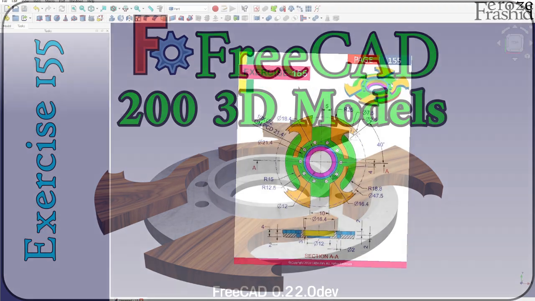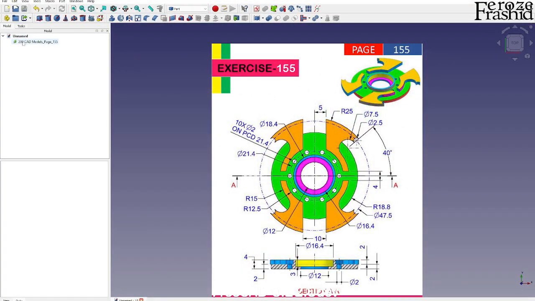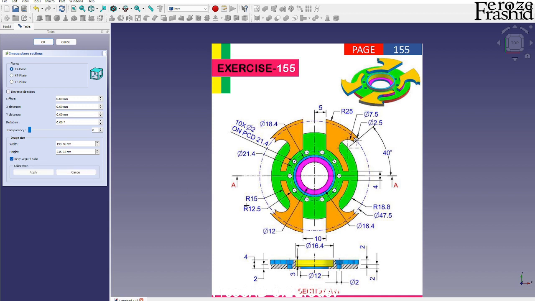Welcome to exercise 155 of my 200 3D CAD models in FreeCAD series. 155,